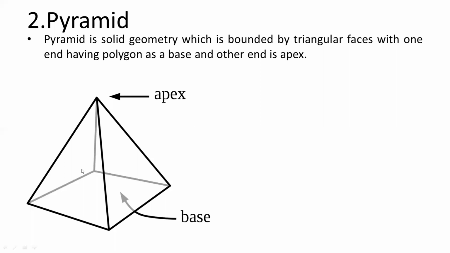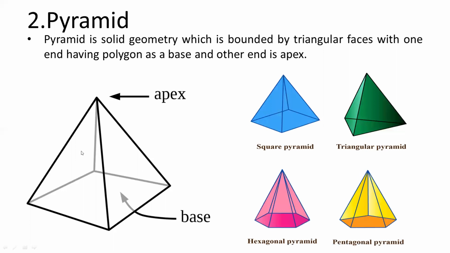So why do we call this a polygon? Because the base can have different shapes. Right now the shape shown is a square, so this is a square pyramid. If the shape is a pentagon, that will be a pentagonal pyramid. If it is a hexagon, it will become a hexagonal pyramid. Okay. So these are some types of the pyramid depending on the base polygon. First is the square pyramid, because its base is square. Second is the triangular pyramid. Next is the hexagonal pyramid. And last is the pentagonal pyramid. Okay.